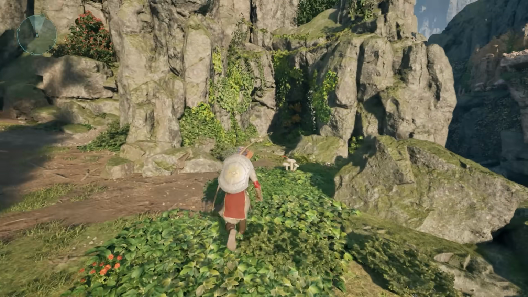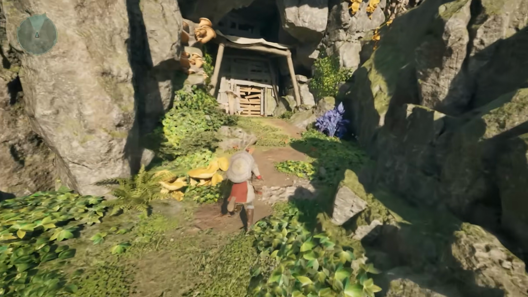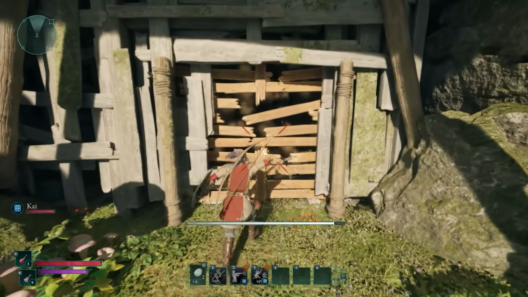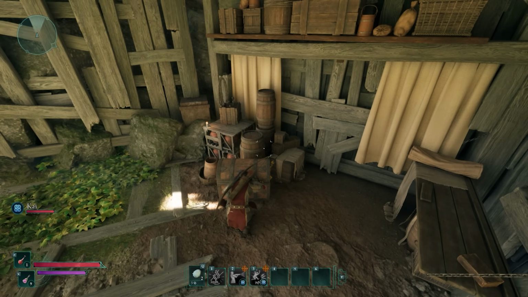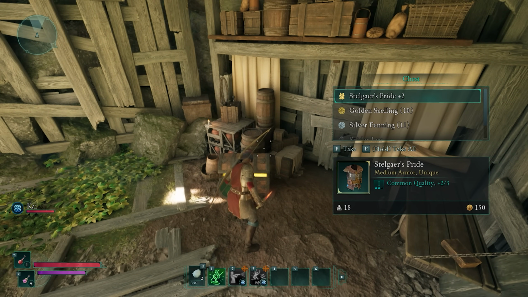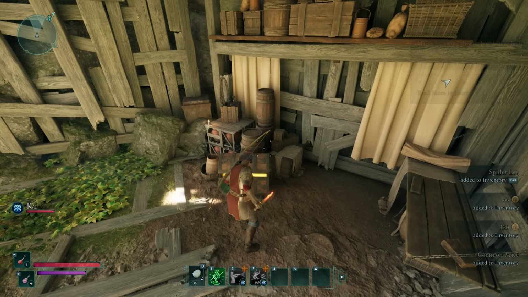So from this point on, you're going to want to make your way exactly following that path. So in this case, we're going to go through this small opening all the way into the structure blocked ahead, and this is exactly where we need to be. Destroy it, open that chest up, and now you're going to get this really awesome armor piece called the Stalker's